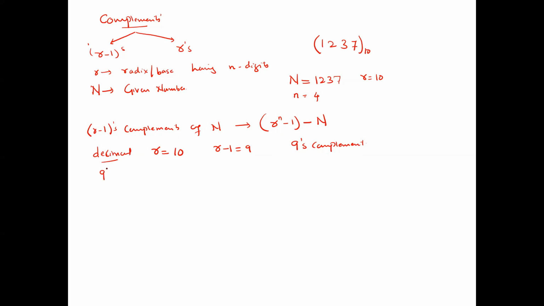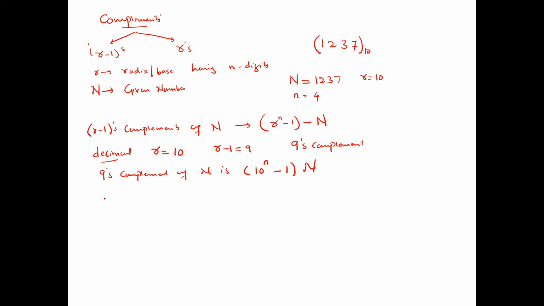Okay. Now I will write it like this: the 9's complement of N is 10 raised to n, because the radix is r, right? Small n represents the number of digits. I don't know the value of n. So minus 1, minus capital N. This is how it goes. 10 raised to n represents a number that consists of a single one followed by n zeros. Now, what do we mean by this? What is 10 raised to n?